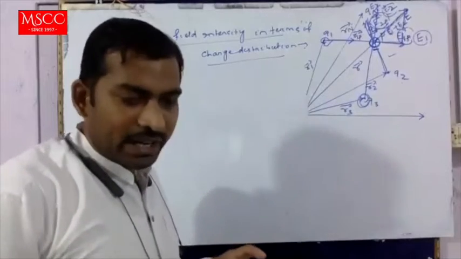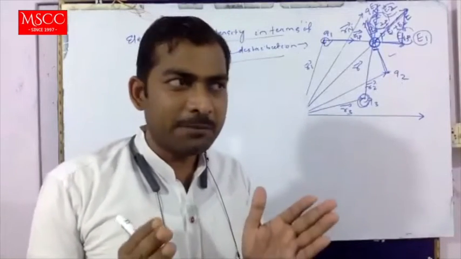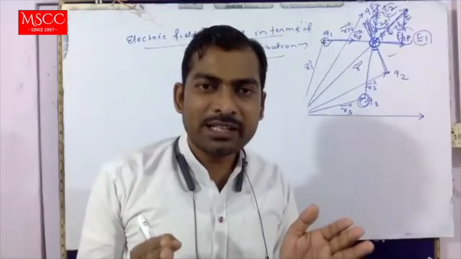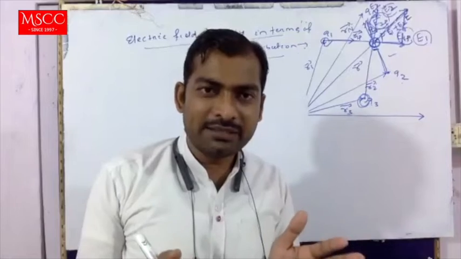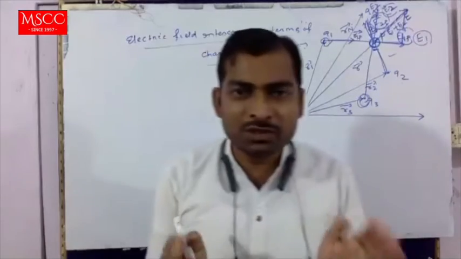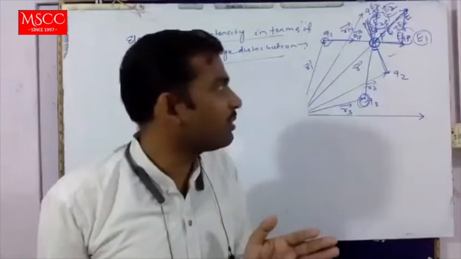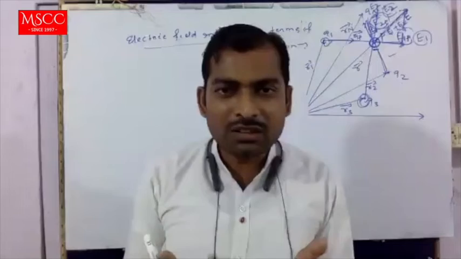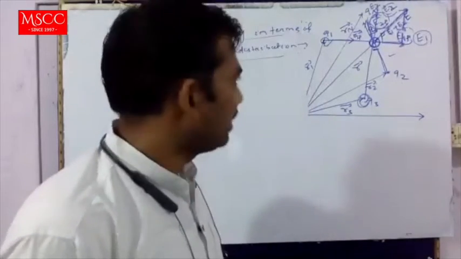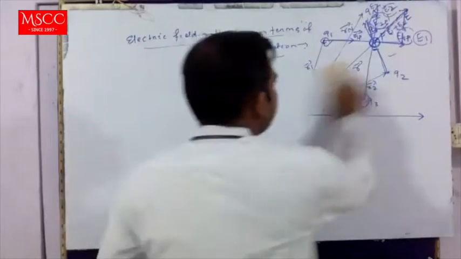We already read about different charge distributions, continuous charge distribution. There are three types of charge distribution. That is linear charge distribution, a related term is linear charge density. Number two is surface charge distribution, the corresponding term is surface charge density. Third one is volume charge distribution, the corresponding term is volume charge density. Also read this chapter in the corresponding course.